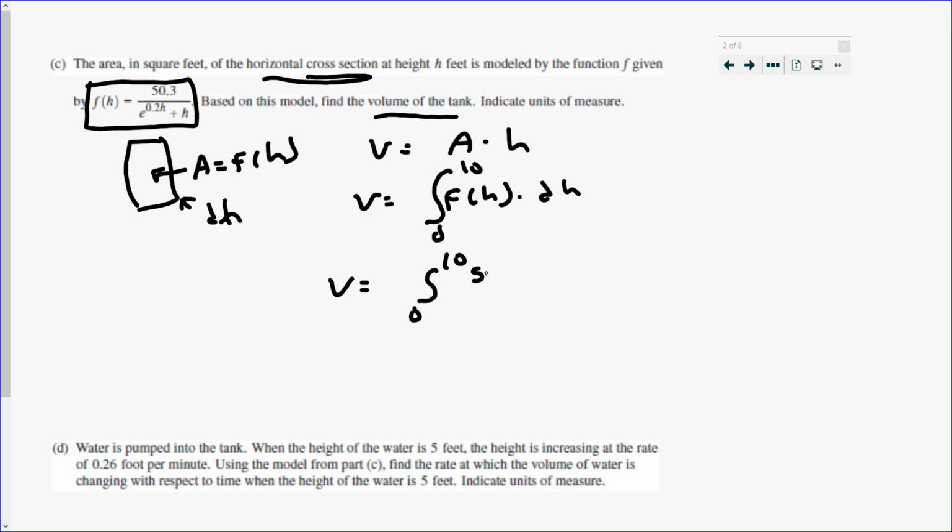of 50.3 over e to the 0.2h plus h dh. And just type that in your calculator. And again, I've already done this for you. And you get